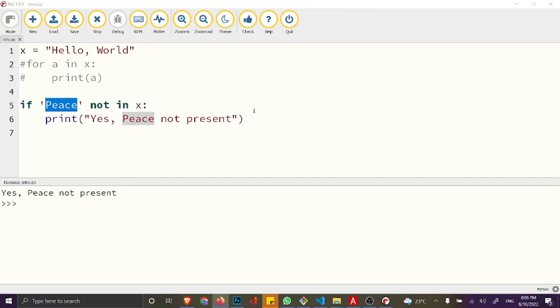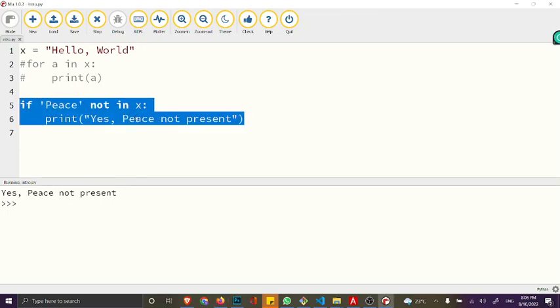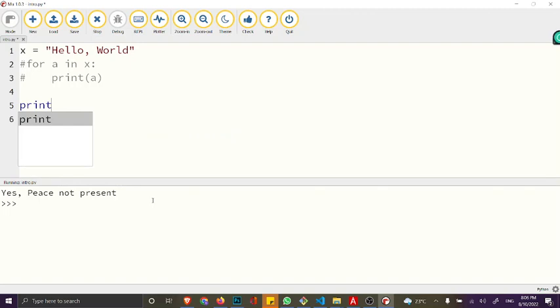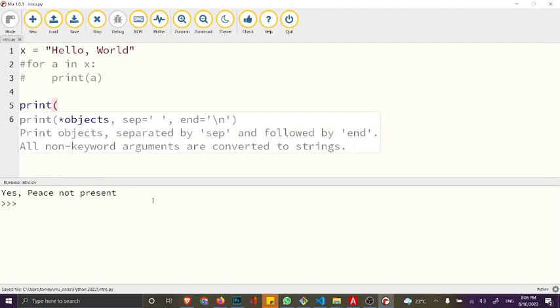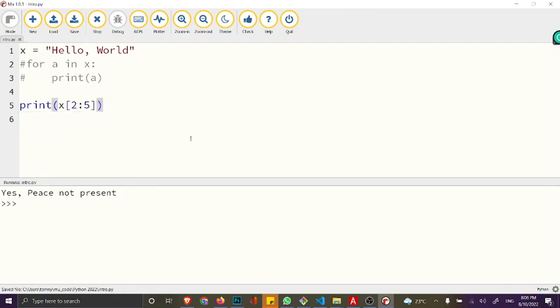So for instance, we can come here and just say print x, and then in square brackets, we can say 2 colon 5. This is how you slice. Then if we run this, it's counting from